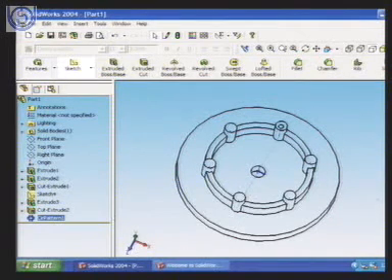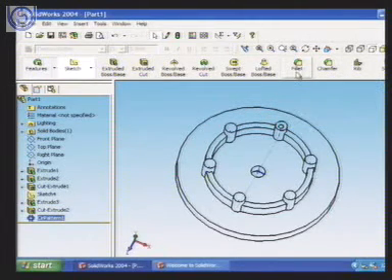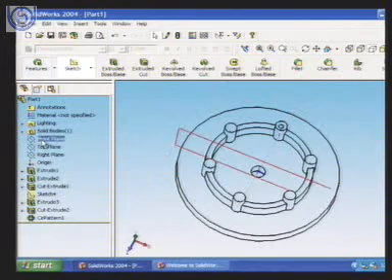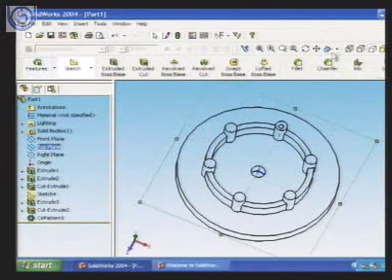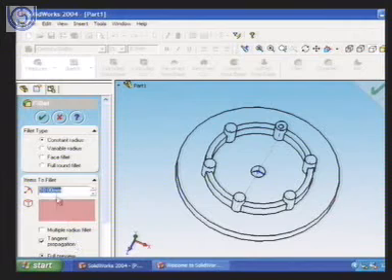Now suppose there are some additional features we want to add. Suppose I want to create a fillet. So what will happen? I have to first create top plane. I say fillet. So this is the feature which I am getting. Here the dimension is given as the radius of the fillet as 10. So if I say OK